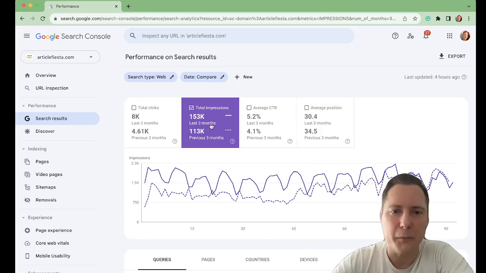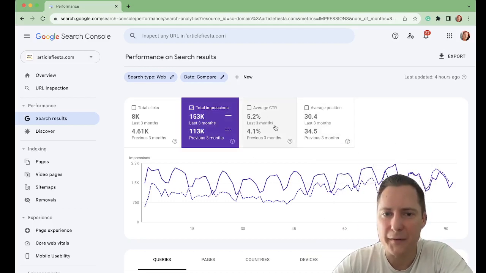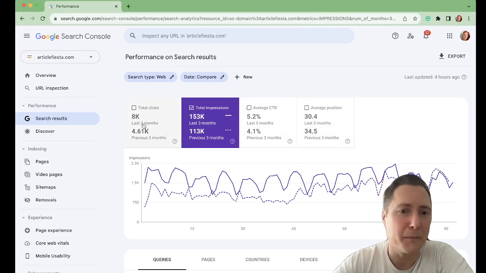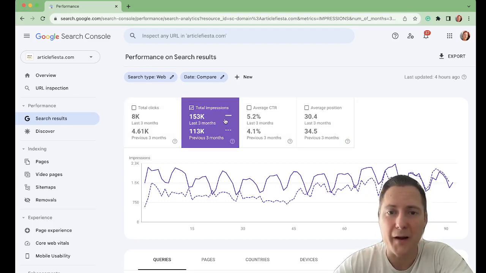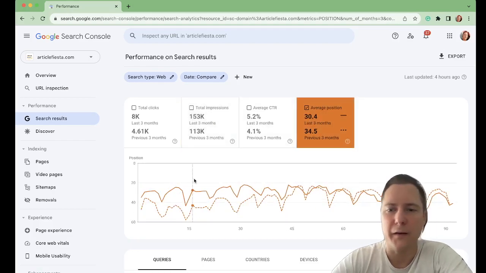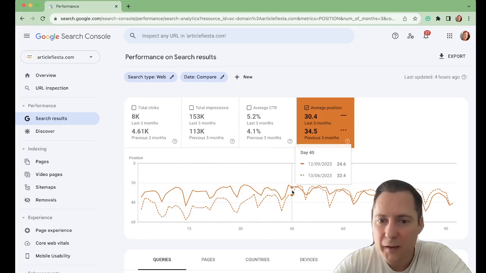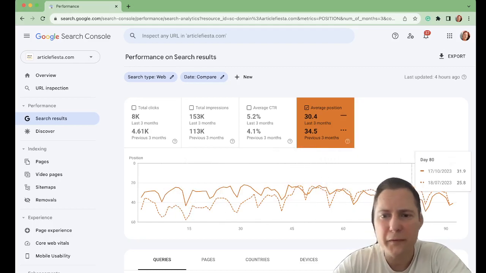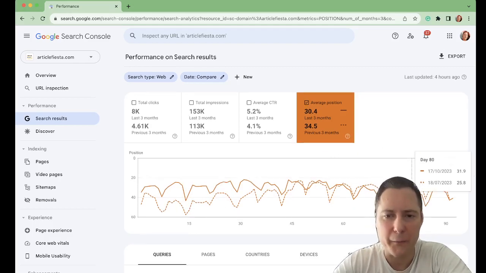I can see that our total impressions are up like 50%. Our click-through rate's up. Our position's up. Our clicks have almost doubled. I'm very happy with that. It's not a problem at all. For the sake of this, we're going to look at position now. So again, I can see that our position was up at the start of the month, down a little bit towards the end of the month. So I want to work on that. I want to see what's